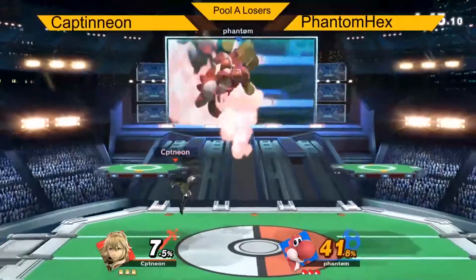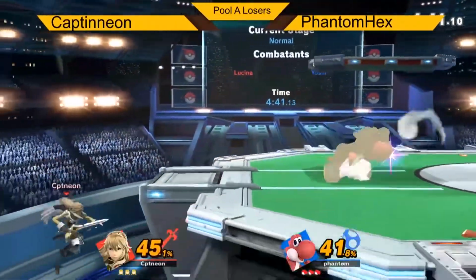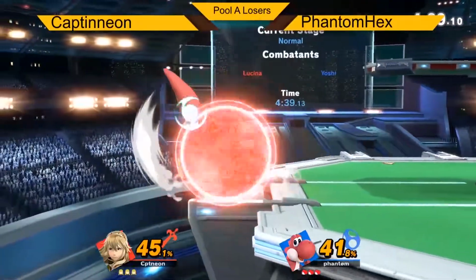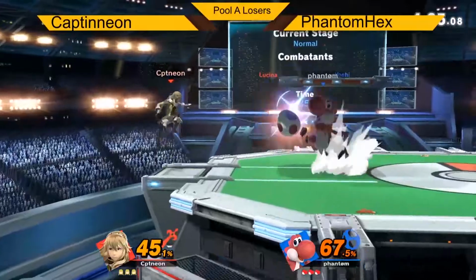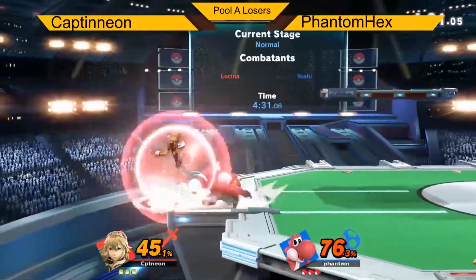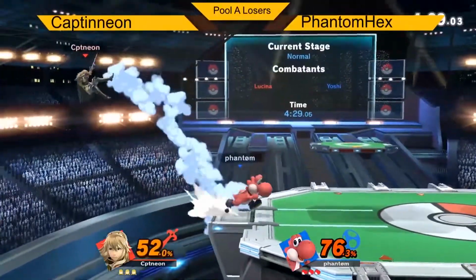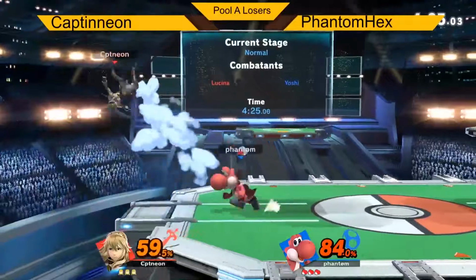But Lucina does have, what is it called? She has the tools to do that spacing. Not just the tools, she has priority. She has priority over a lot of Yoshi's attacks. Ooh, nice parry. Wow, okay. Yeah, what I've really noticed so far is that Captain Neon is really slowing this down